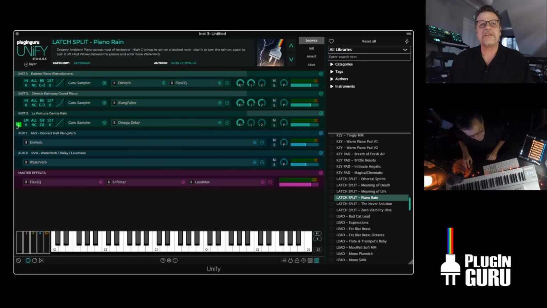Anytime you see over here the little L buttons, that means that there's a latch mode. And we're going to actually make it smarter in the next update after this. But for now, it just glows up green. We've added a latch release down here, so that if you have something sustaining and you want it to no longer sustain and you can't remember what key you played, just hit this and it will stop any notes that are sustaining. So if I play high C,